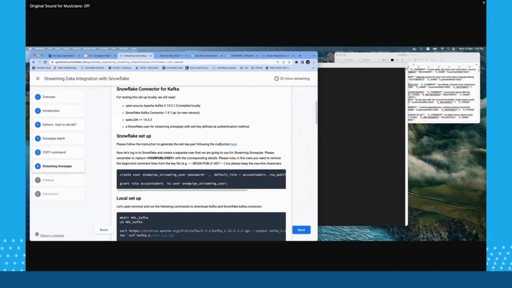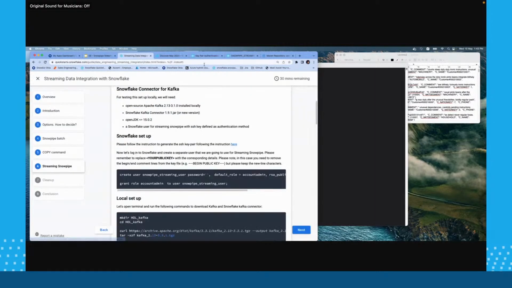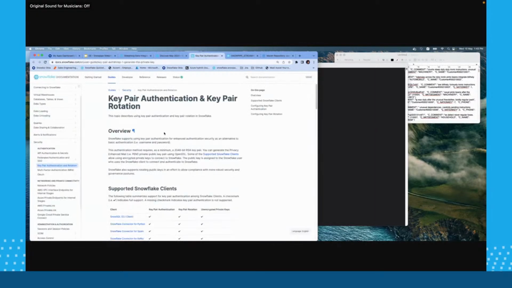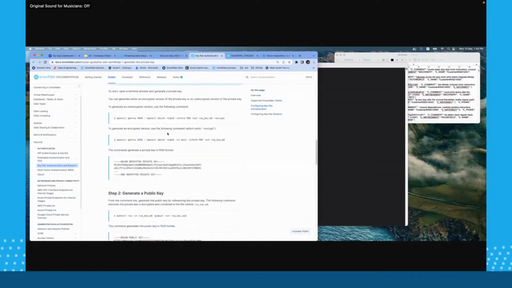Now, the communication between that particular virtual machine and the Snowflake data cloud happens by the exchange of this private and public key. So if I go to this particular link here, it clearly tells you how to create those private keys and public keys.